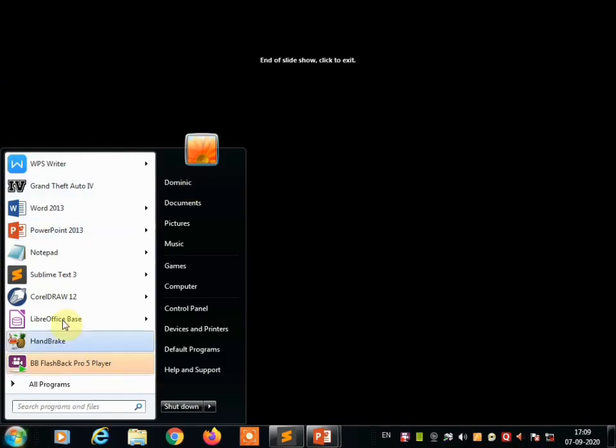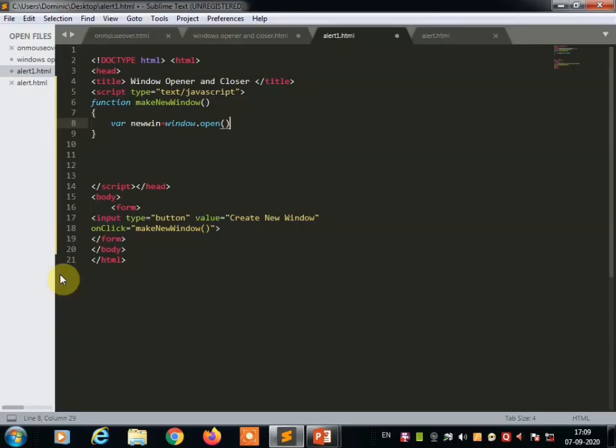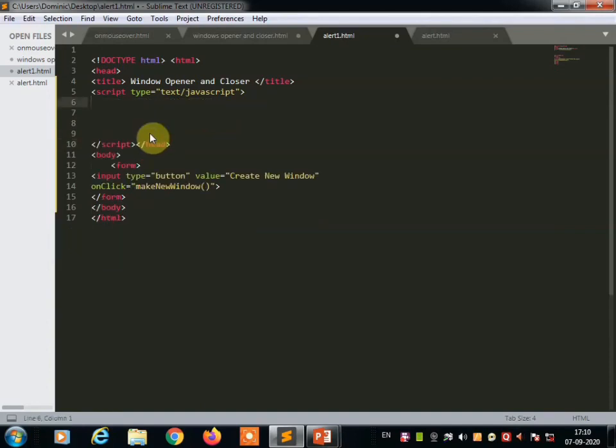So you have to start the text editor, that may be Notepad or Sublime Text editor, and copy any previous program which you have written so you can save your time. So edit the same one. I am using the previous program to write. The first basic tags will remain the same till the title, then the script tag equals JavaScript.